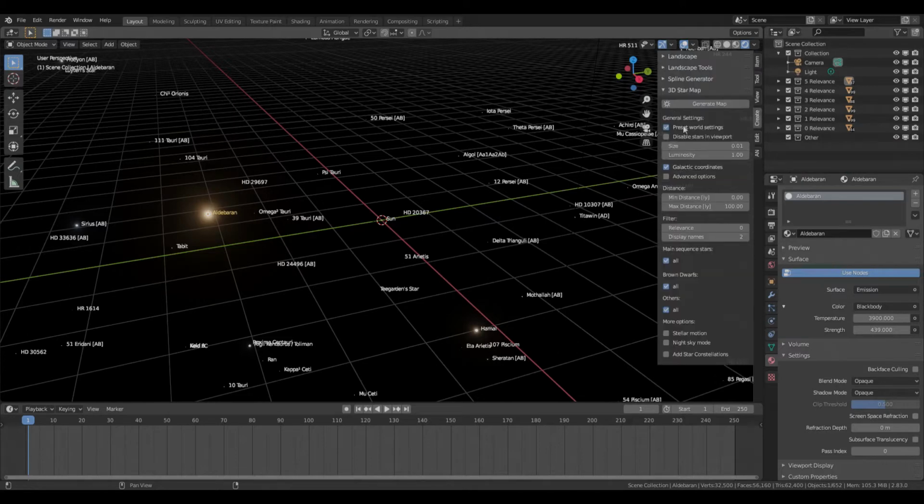Now I will go through each setting one by one and explain what it does. I also made a documentation for this add-on, which you find as a PDF file in the description. If you want to get further details that I'm not going to explain in all detail in this video, you can check this out, or if you would rather read it, then you can also follow the link in the description. So the first setting here is preset world settings, and what this does is